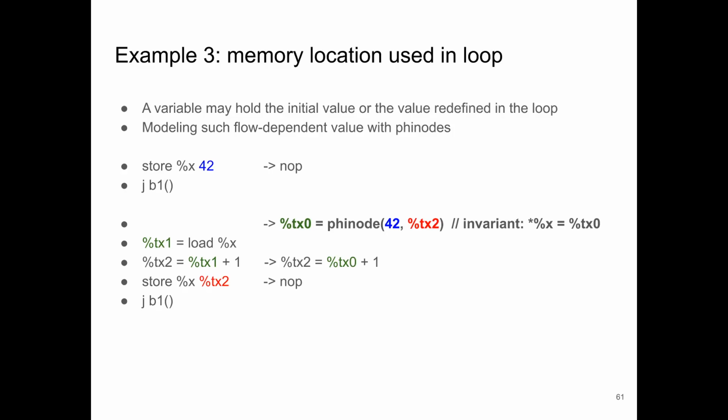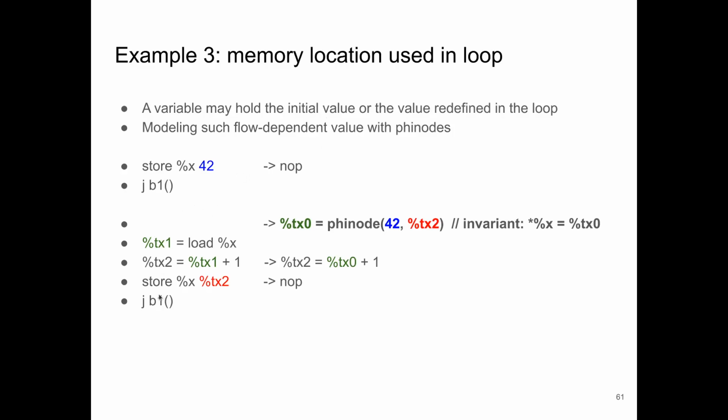The interesting part of this mem2reg optimization is that we want to optimize out this memory location because it is just being incremented. We are just loading from and storing to this location, and it doesn't need to be stored in the memory location. You can just store it in a register and use write and read operations on these registers instead. So we want to convert this memory location into registers, but the problem is that